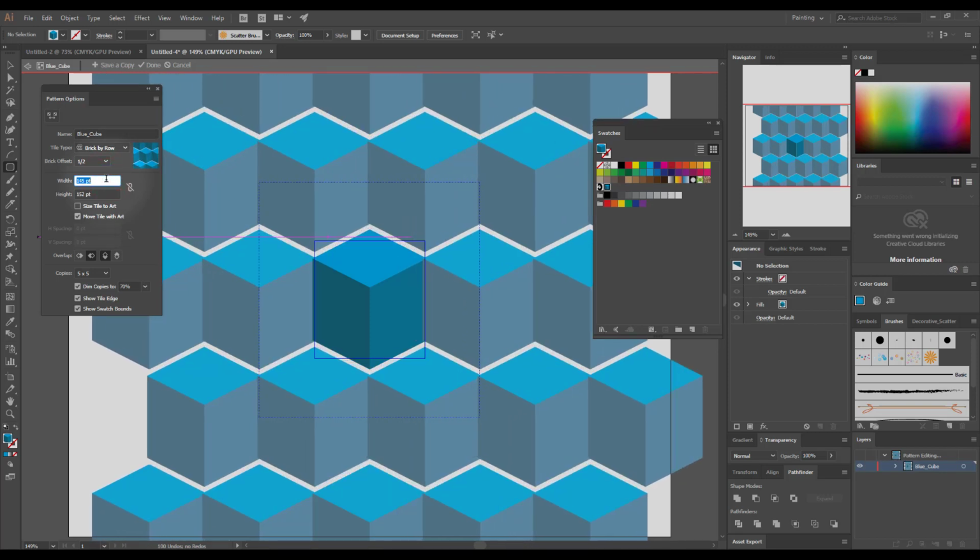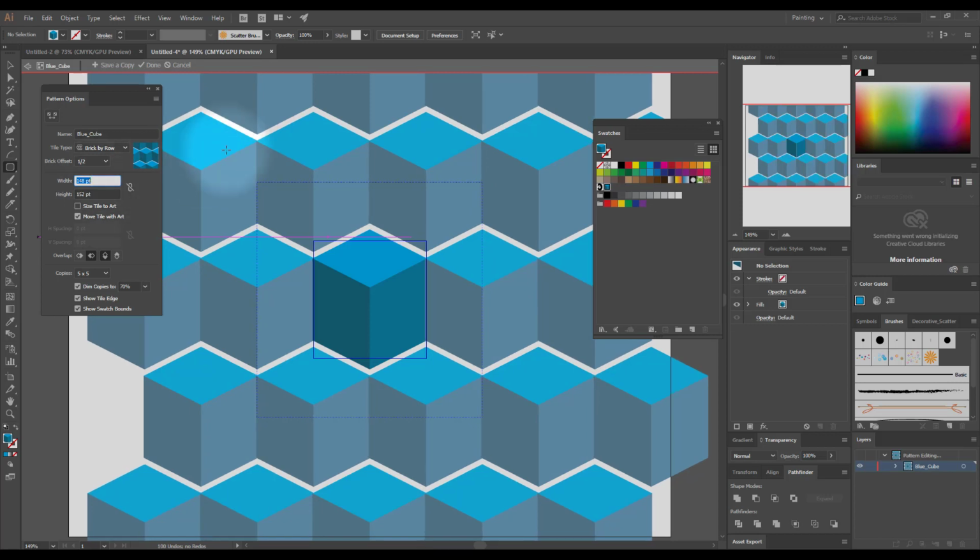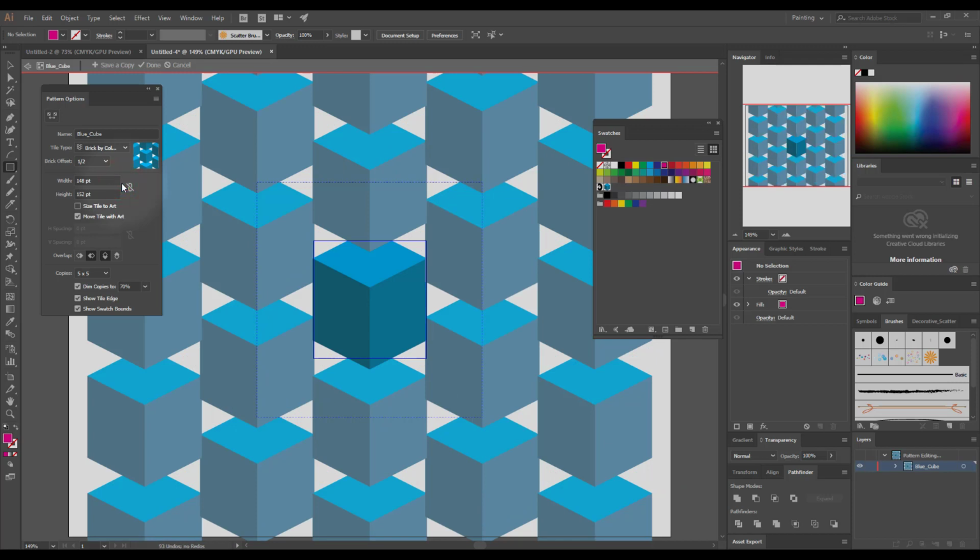you can think, this is a great time to think about negative space. So now the white in the background, and if you had it on another surface that had a color, is making a really cool pattern as well, this zigzag pattern. So definitely think about your negative space. You know, you can change the brick by column,